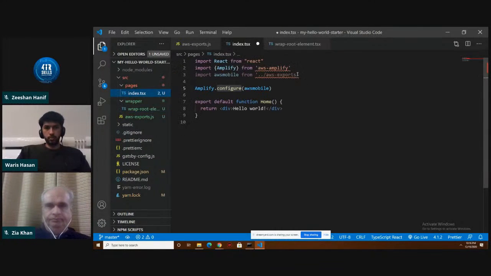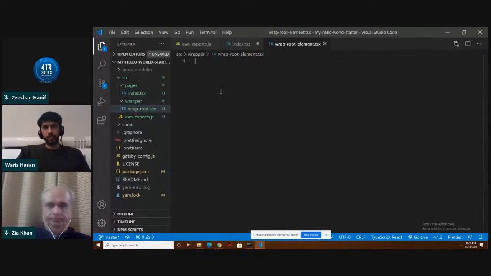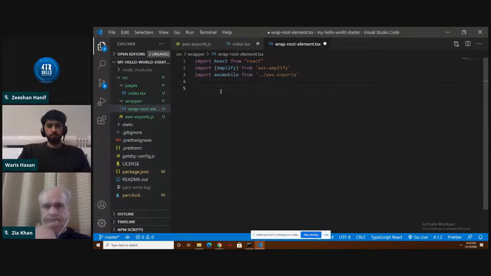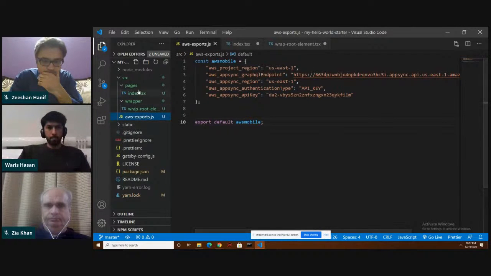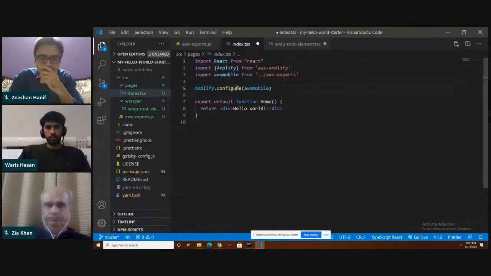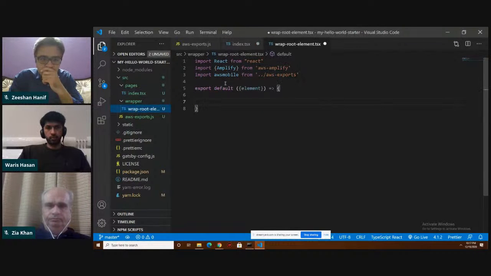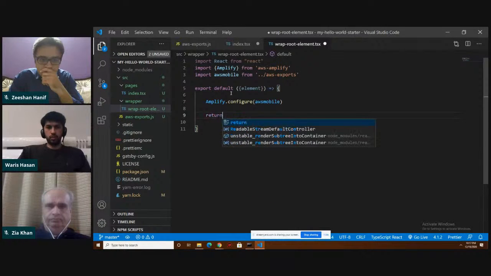Let's just copy paste the imports. Export, import, and so here we're gonna configure our file. And then we're gonna return